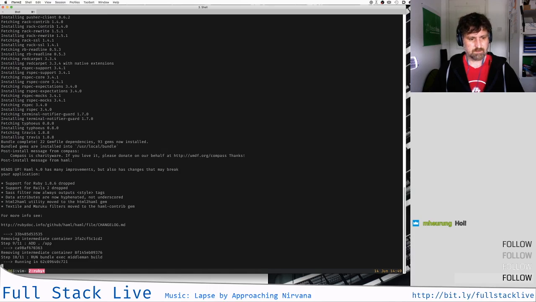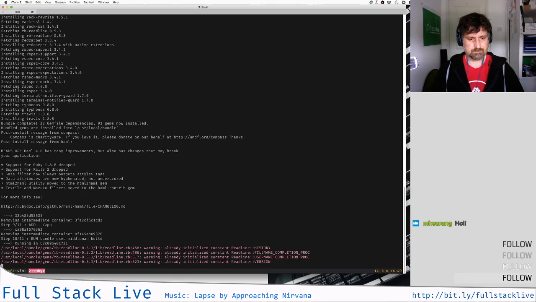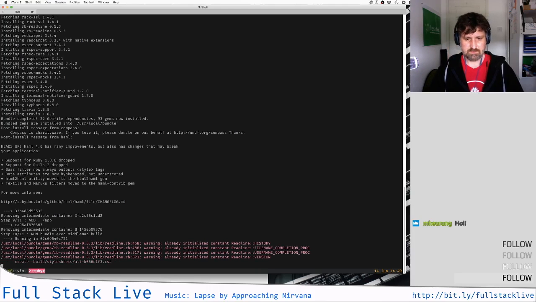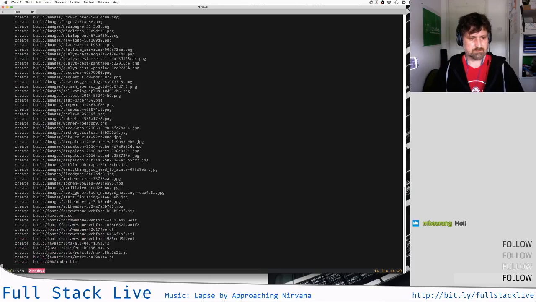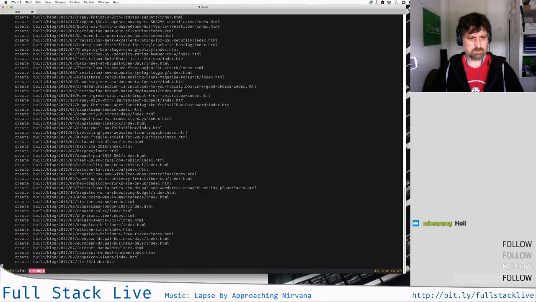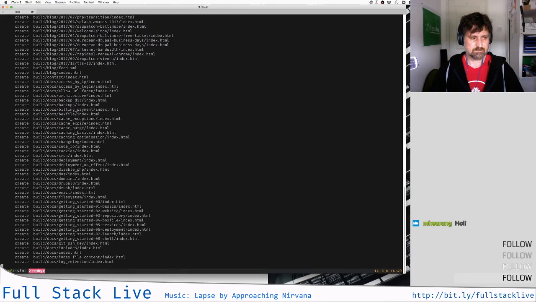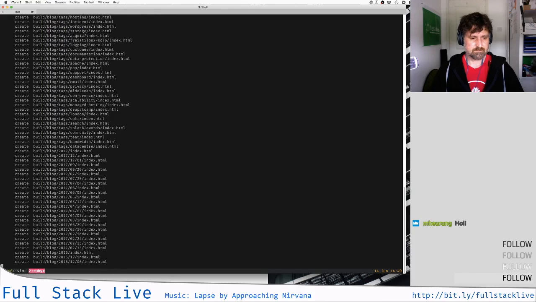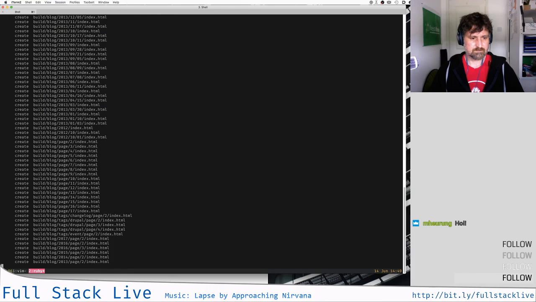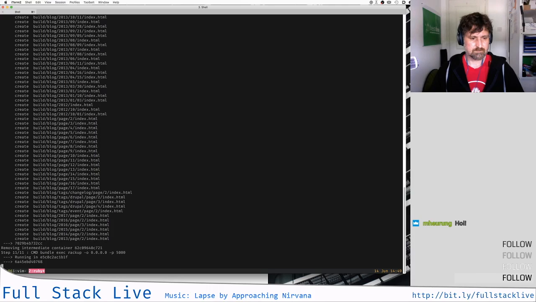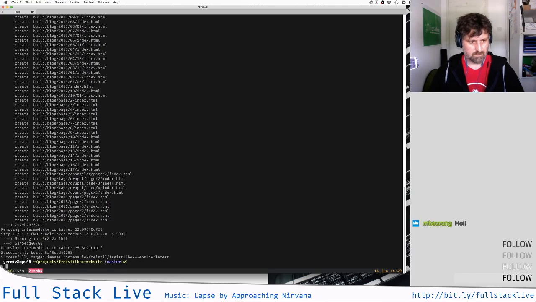Okay, now we're almost done. A few warnings, which I should resolve eventually. Now it builds the website. And that's it. We now have a new Docker image, and